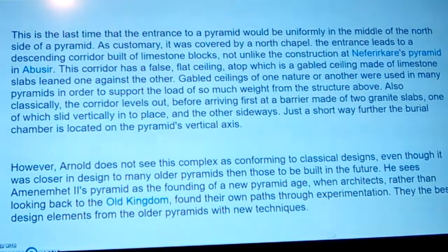Also, classically, the corridor levels out before arriving first at a barrier made of two granite slabs, one of which slid vertically into place and the other sideways. Just a short way further, the burial chamber is located on the pyramid's vertical axis. Just like the Great Pyramid, just like pyramids in Mexico, there seems to be a chamber directly under the axis